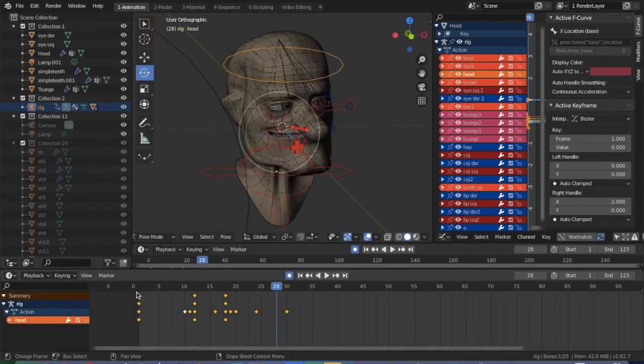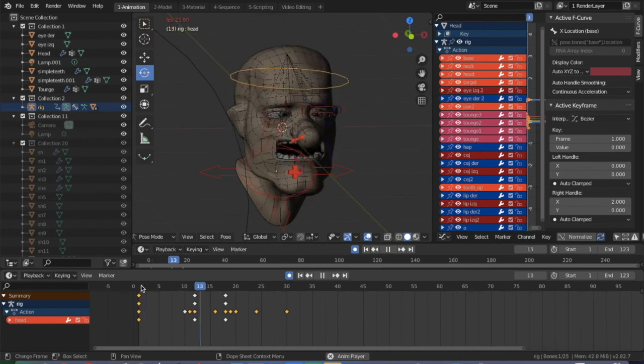Future events. Future events such as the